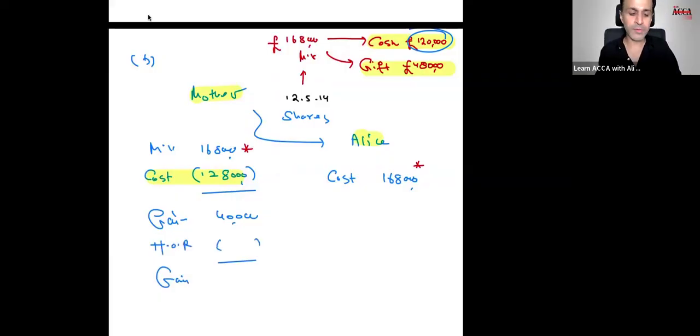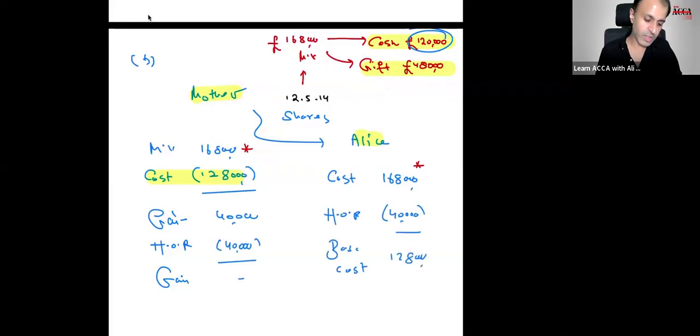So we will have to see by how far the proceeds are over and above the cost, which definitely is not the case. So nothing will be charged. And the balancing of that amount will all be holdover, which will go to bring the cost of the shares down to